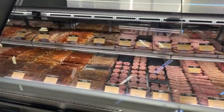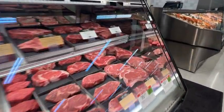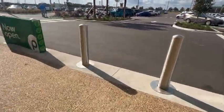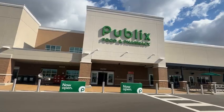If you're moving from out of state and you have not experienced what it's like to shop at a Publix, everybody who lives in Florida has their own Publix. They call the Publix that they shop at my Publix. You don't say the Publix down the road, you say at my Publix. It is a Florida thing. It really is. And if you are from out of state moving into this area, you will soon know what it's like to have a Publix right in your front or backyard, depending on which community you live in